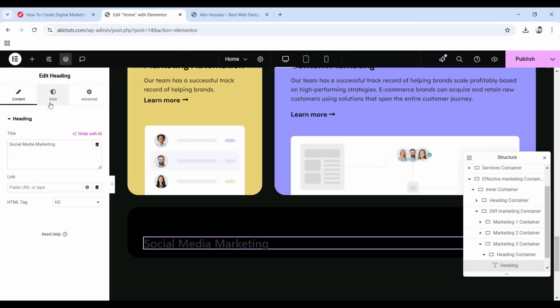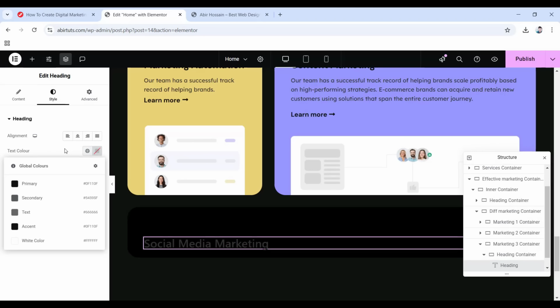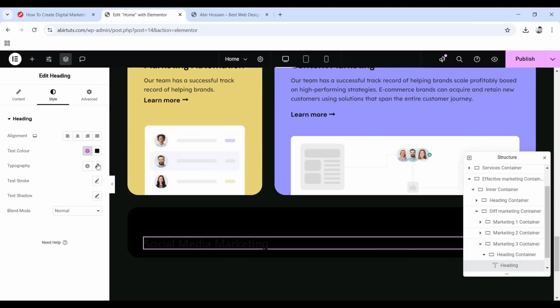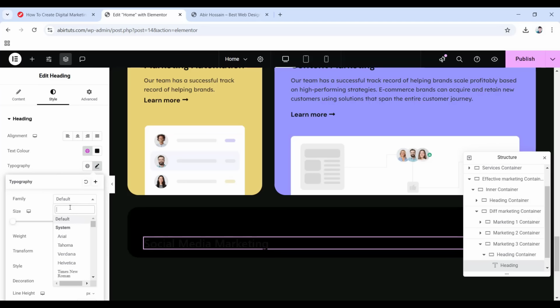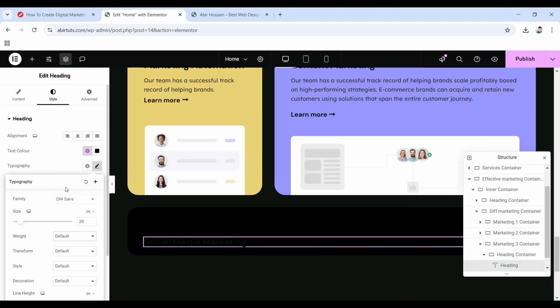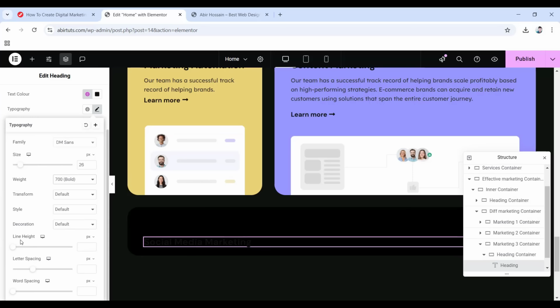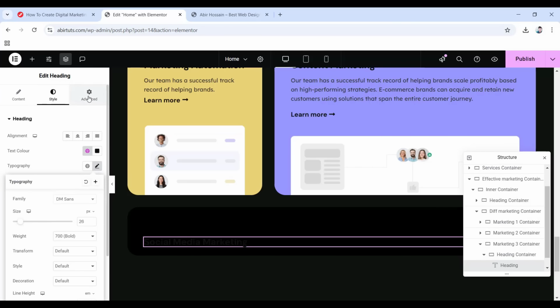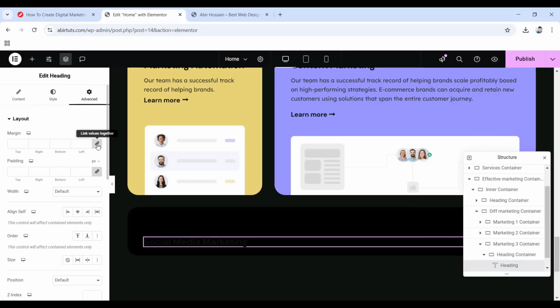Now go to the Style tab, set the text color to global primary color, then go inside of typography. Set the font to DM Sans, size to 26 pixels, weight to 700. Scroll down and then set the line height to 1 EM. And as for letter spacing, write minus 0.5 pixels. Now let's go to the Advanced tab, unlink the margin values, then only set the bottom margin to minus 5